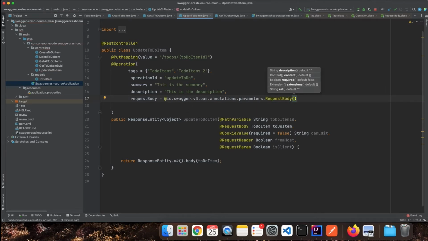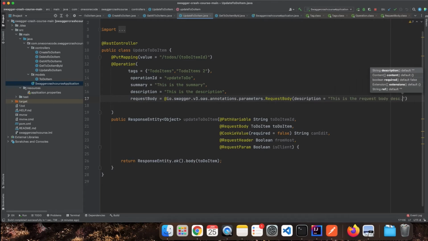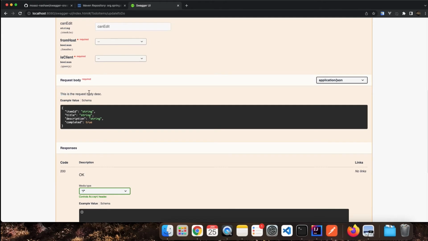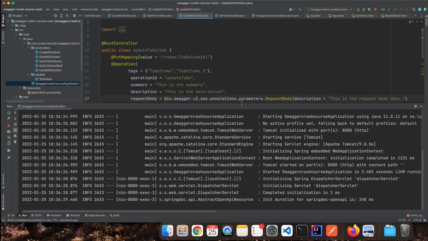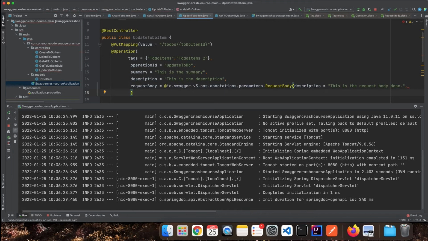We can say inside the request body, first we can put some description. This is the request body description, for example. Now, if I rerun and refresh in here, you can see now we have some description for our request body. We can also define the content. As you can see here, out of the box, as I said, Swagger has already defined the content of this request body. But if for any reason you want to change this content, we can do that